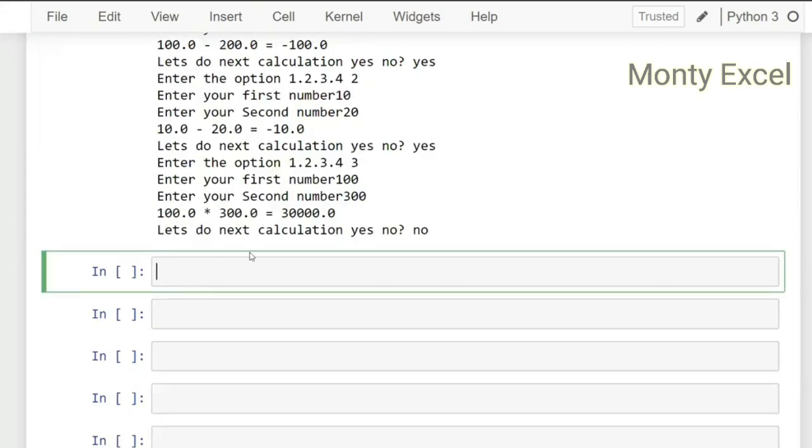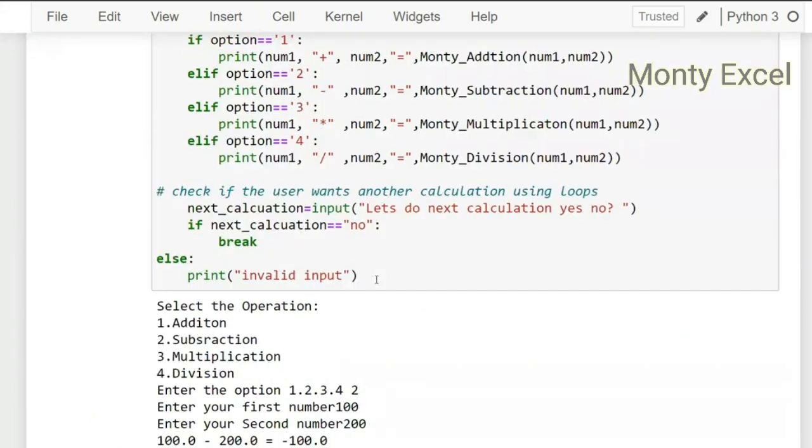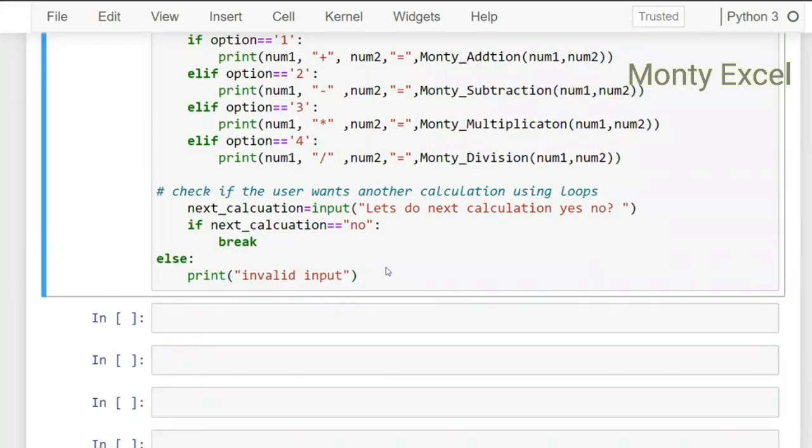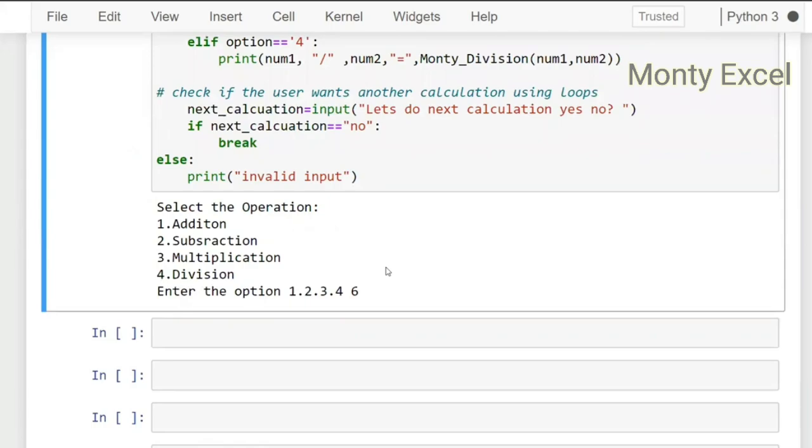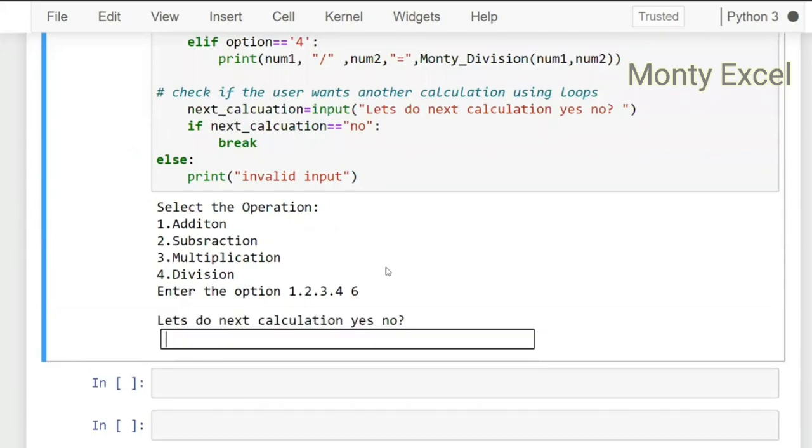It's not working anymore. But let's try to see the invalid input example as well. Now it's asking me the question. I said 6. Is 6 existing? No, I should get a response saying no, invalid input. Why is it not giving invalid input? It's again